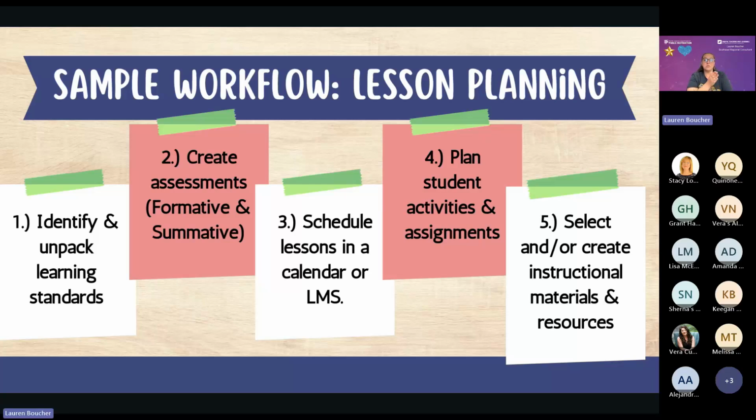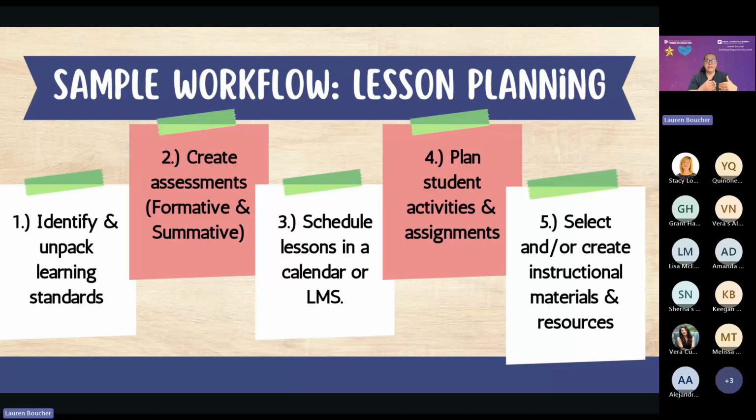If we take the time to completely unpack them, that makes everything else that comes after in that system much easier. Once we have identified our standards, we've completely unpacked them, we know them front and back, then we can create our assessments. I am a firm believer that backwards design is the way to go.